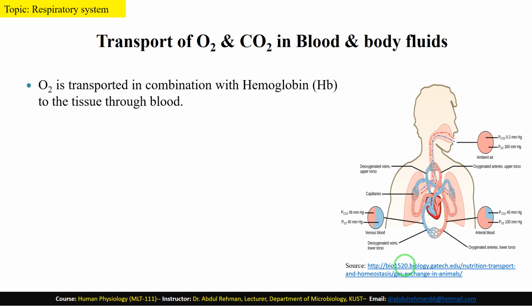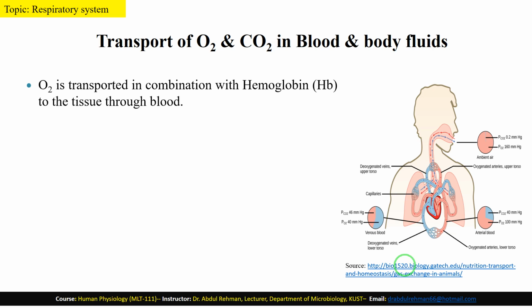The hemoglobin pigment present in the blood gets attached to oxygen molecules that are obtained from breathing and thus forms oxyhemoglobin. This oxygenated blood is then distributed to all parts of the body from the heart,